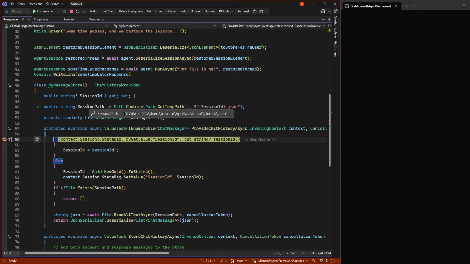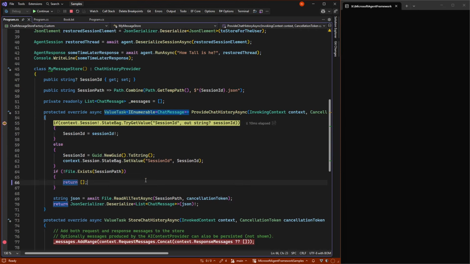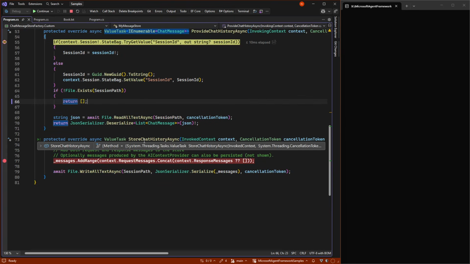So our path to wherever we store it, in my case just local storage, the temp folder in Windows, I don't have anything in any storage at all. But what happens instead is we have two methods that we can override: a provide chat history and a store chat history.